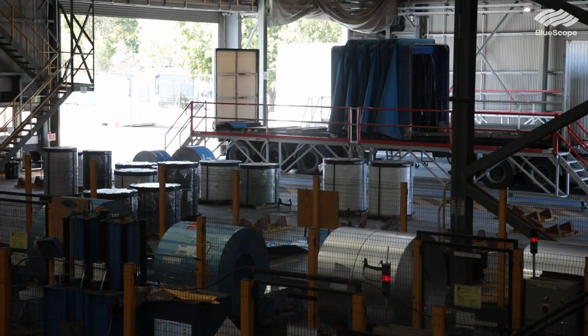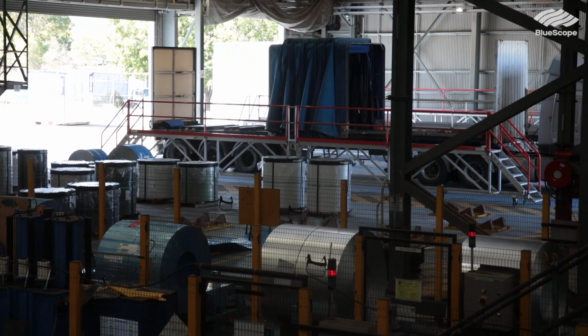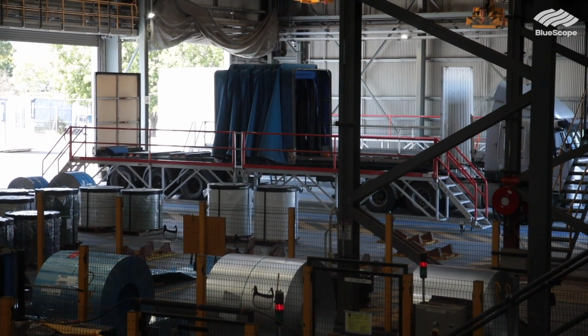Welcome to BlueScope's Western Sydney Service Centre number 8 coil paint line. So over here we're at the entry of the paint line. Coils arrive on trucks from our metal coating lines down in Port Kembla, where they're unloaded by a magnet crane